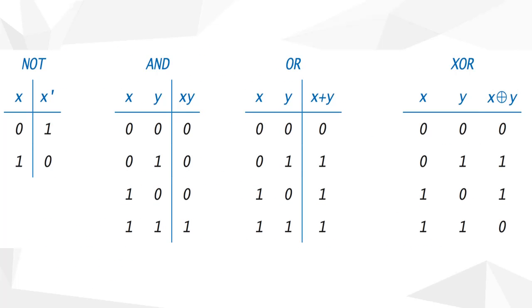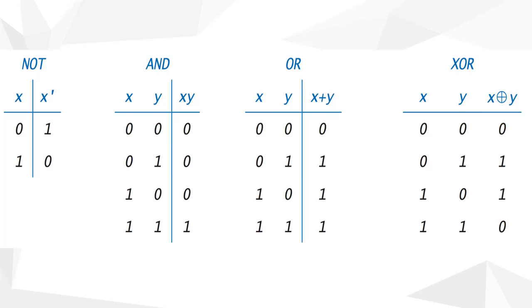Before getting started with this truth table, let me tell you, in any programming language, 0 refers to false and 1 refers to true. So when x is equal to 0, the negate of it will be 1, and if it is 1, the negate will be 0. Similarly in AND, let us assume a condition where 10 is greater than 5 and 10 is greater than 6. So it is true, right? 10 is greater than 5 and also 10 is greater than 6. So the condition will be 1.